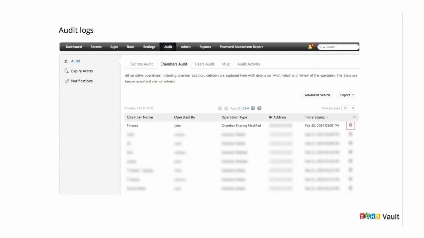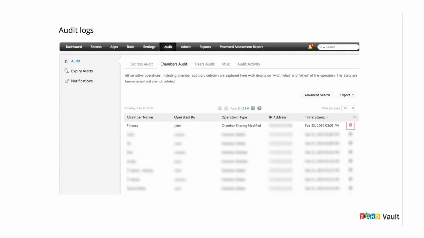So let's see an audit for some action that we just performed earlier. When I created this particular chamber and shared it with the finance team, an audit was logged at the time I performed this. I'll be able to see who did this operation, what the operation was, and what the IP address was.